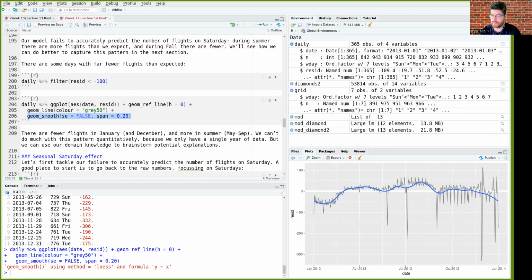This smoothing spline is the blue line, and it tries to get rid of the big fluctuations. So the smooth line is like that, and we can see on average how many flights there are,